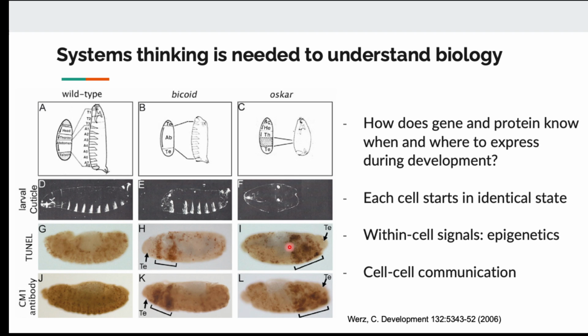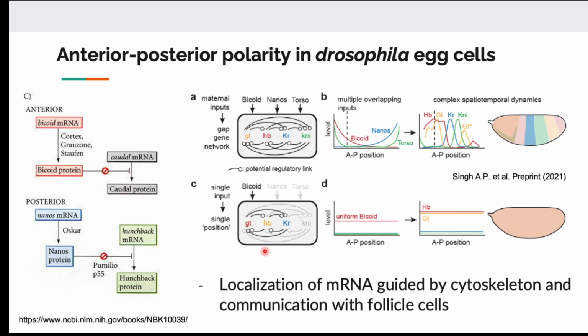If there is no communication, every cell is going to express genes and proteins independently, and you will not have a proper formation of the insect body. People who were first interested in this type of system, from way back, identified genes that are expressed specifically at the head location of the larva, or at the posterior, the back of the larva. And when they analyzed further how cells in the embryo know where is head and where is tail,